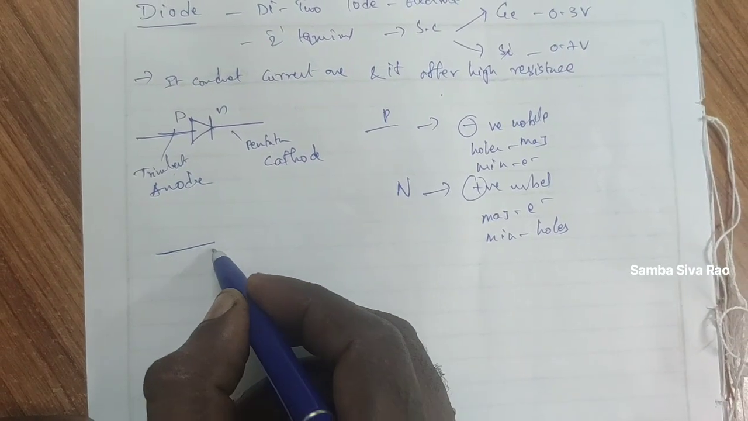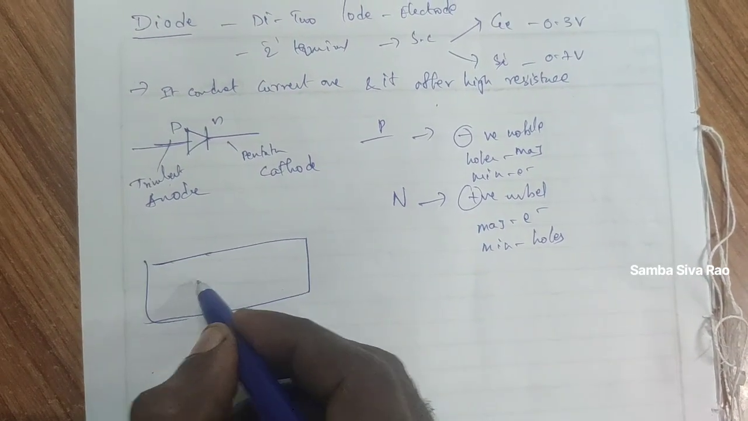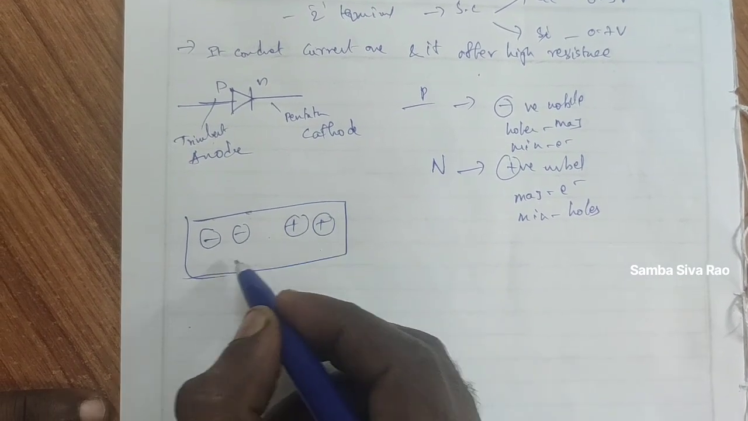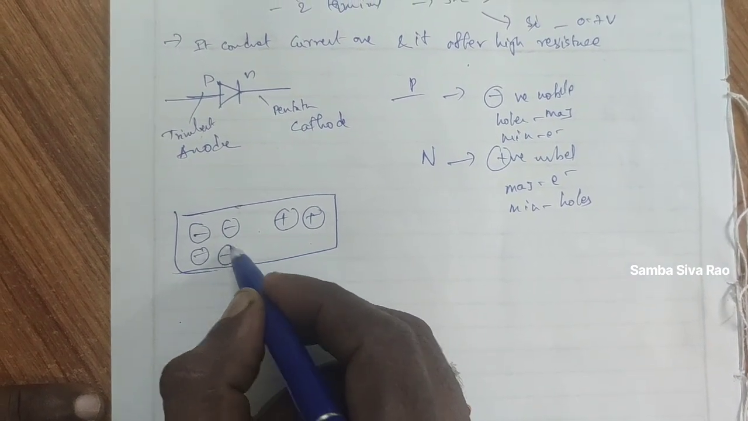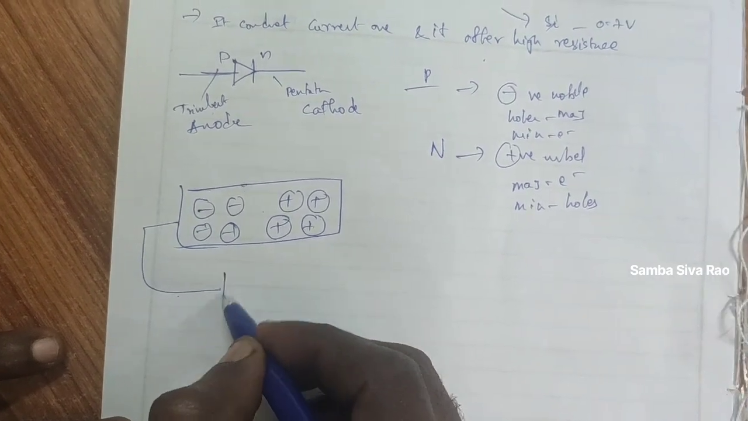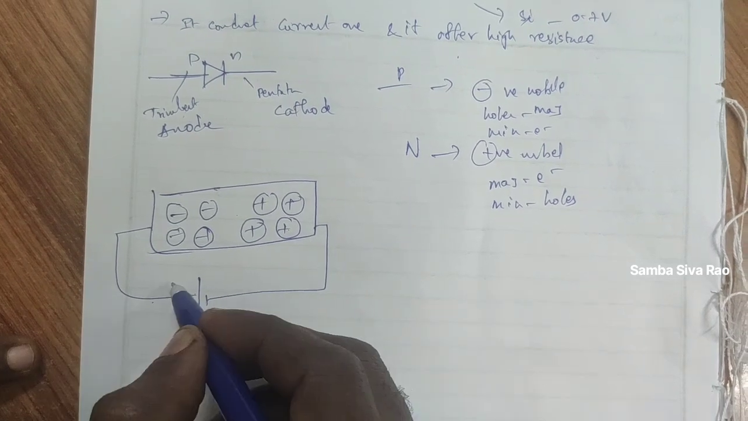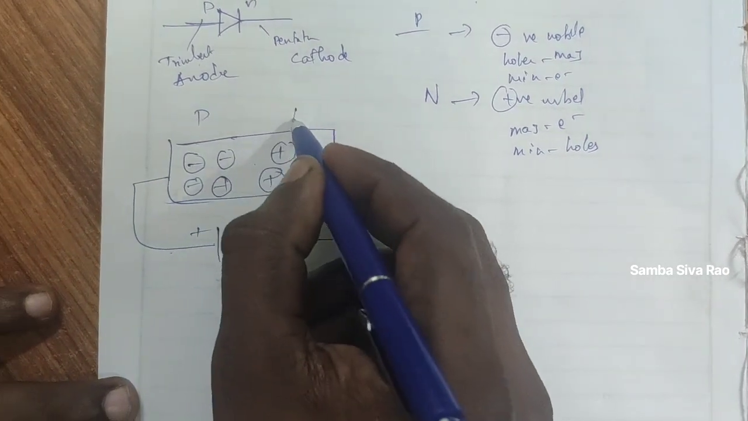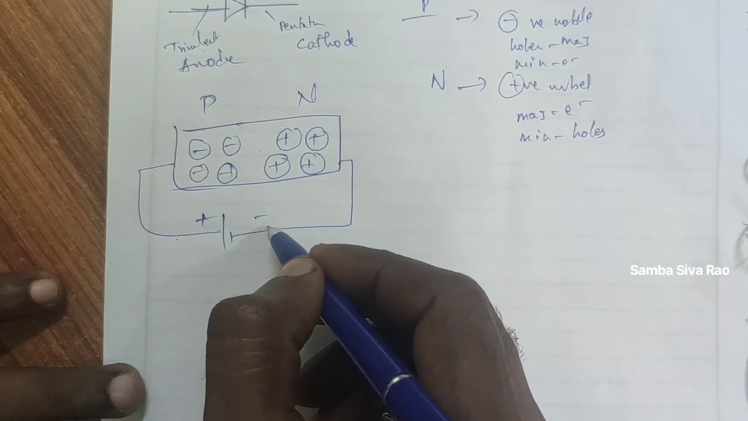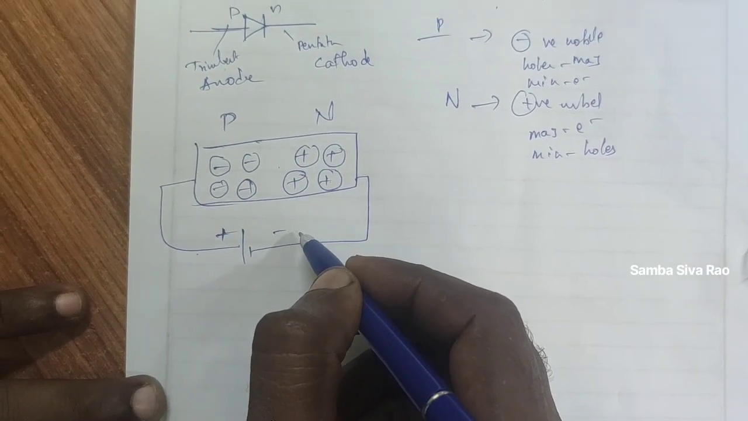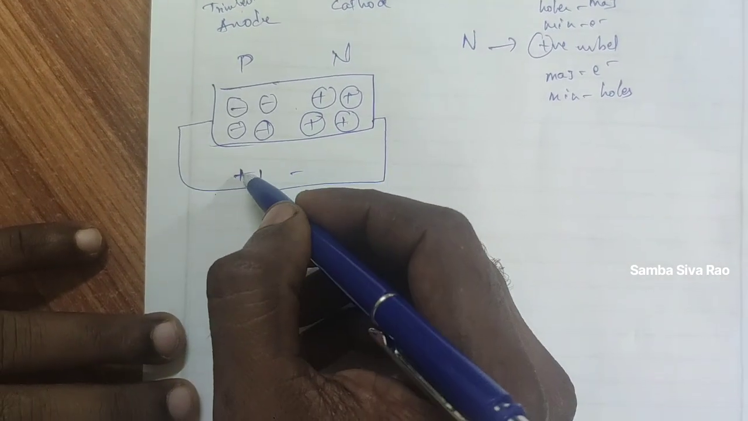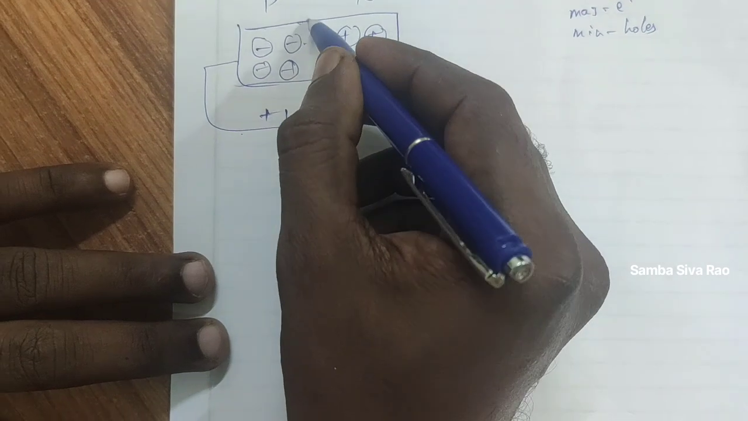Now we discuss what is meant by a PN junction, and how the PN junction is formed. The supply voltage has a positive and a negative terminal. P means positive and N means negative. When P type is connected to the positive terminal and N type is connected to the negative terminal of a battery, while applying the bias,